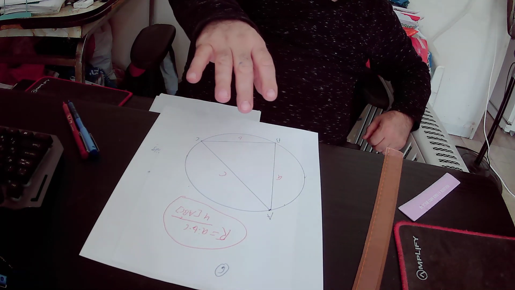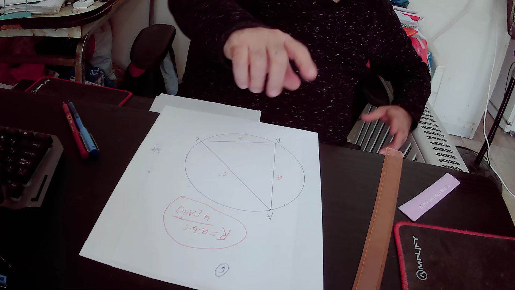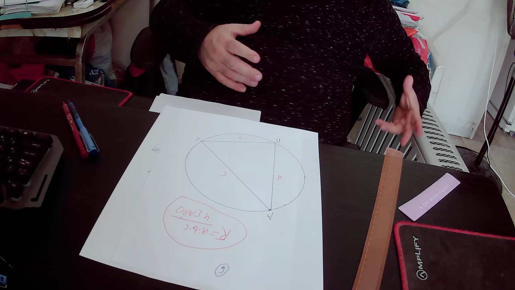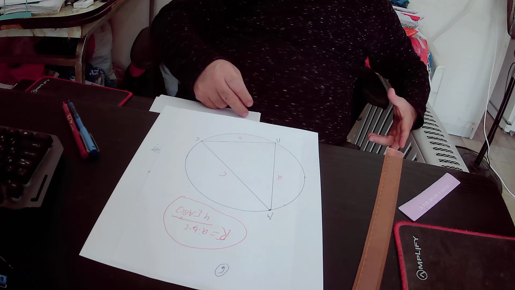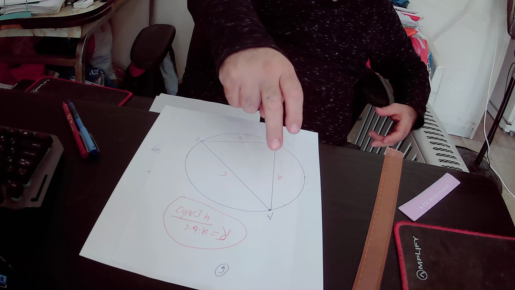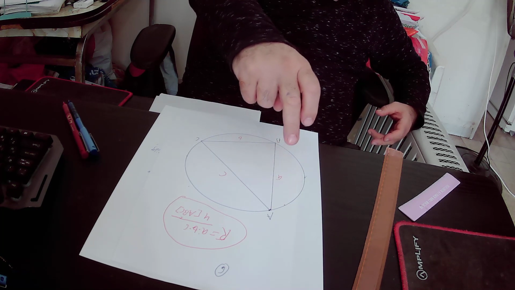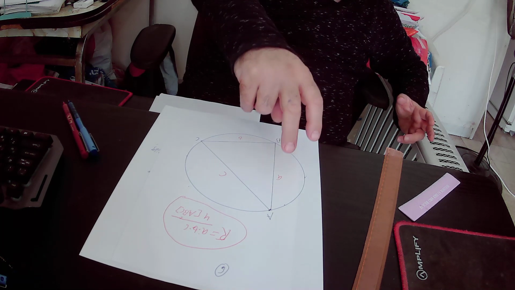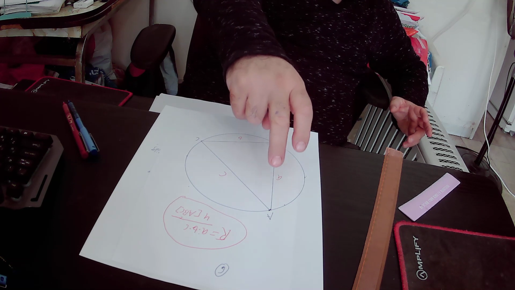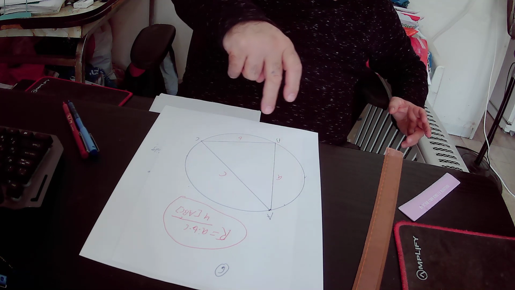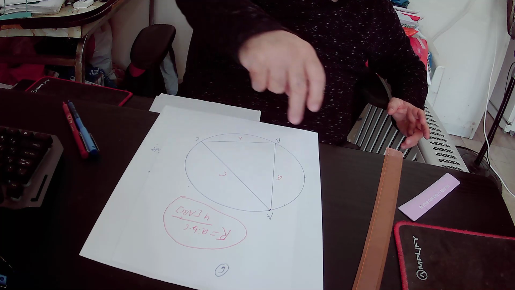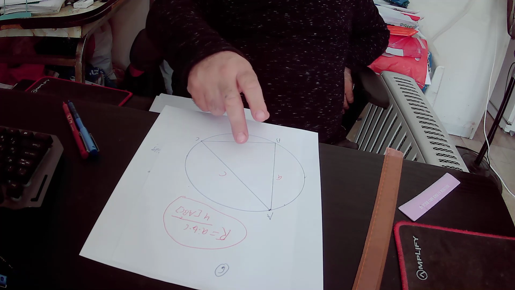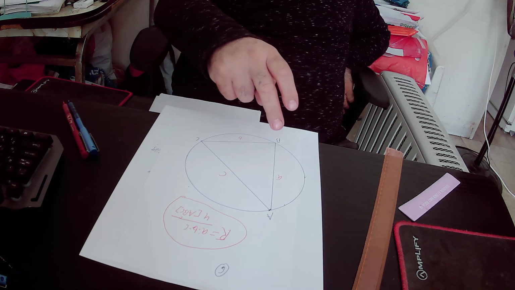Again, the radius of a circle that blocks a triangle. What is the meaning that the circle blocks the triangle? It means that all 3 vertices of a triangle lie on that circle. That is the meaning that the circle blocks a triangle. As you can see in the drawing, all 3 vertices of triangle ABC, 1, 2, 3, lie on this circle. So if this is the reality, then the radius of this circle will be equal to the product of triangle